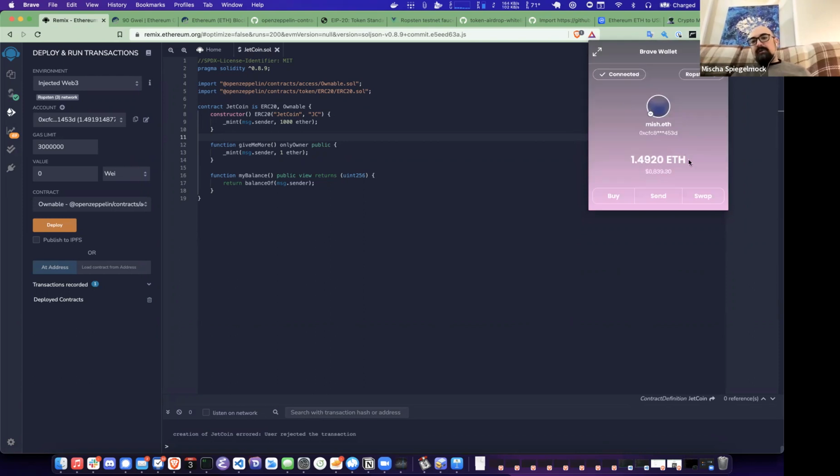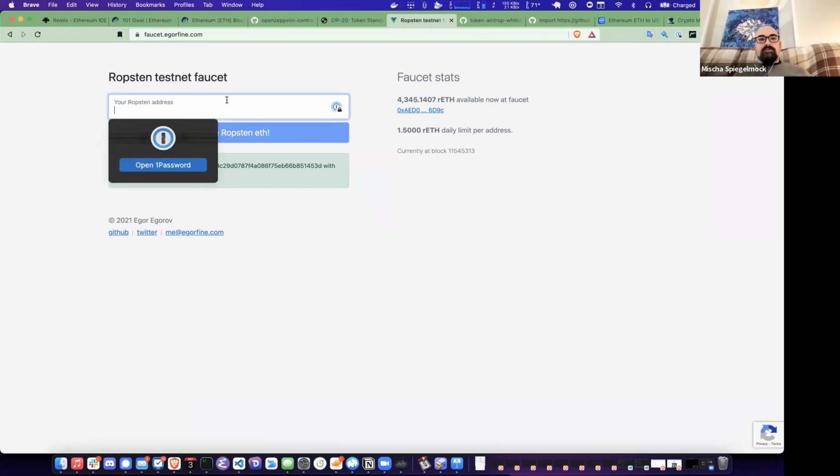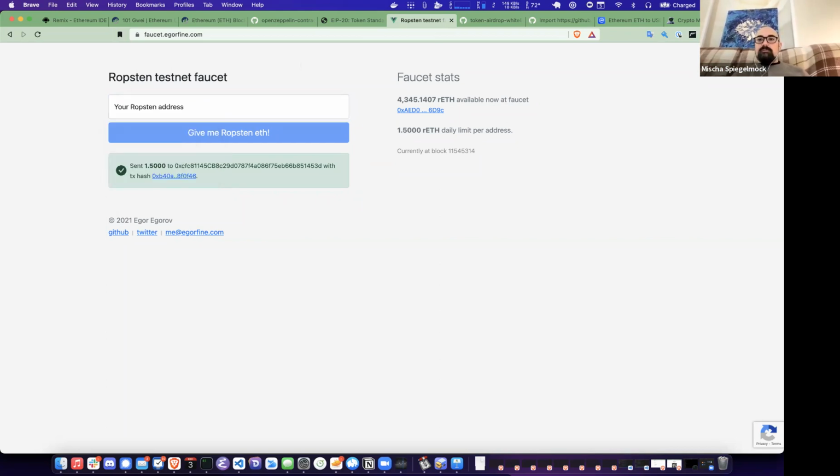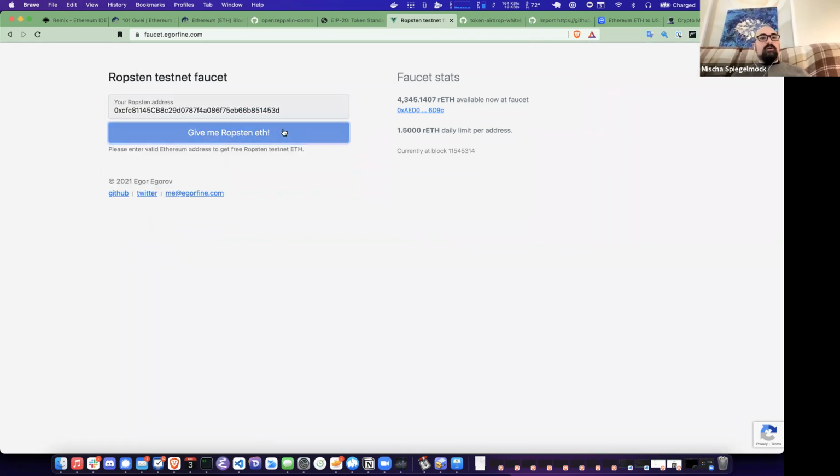And you can see I have 1.5 ETH on here. This is fake ETH. Nobody who understands anything will accept this as real Ethereum. It's all fake. If you want more fake Ethereum, you can go to what's called a faucet for each of the different test networks. So if you want, you can put in your wallet address here and you'll get some free Ethereum. But again, it's only on this different blockchain, on the test Ethereum blockchain network. So that's how I got some Ethereum here. If I want, I can just ask for more. Doesn't really matter. I have enough.